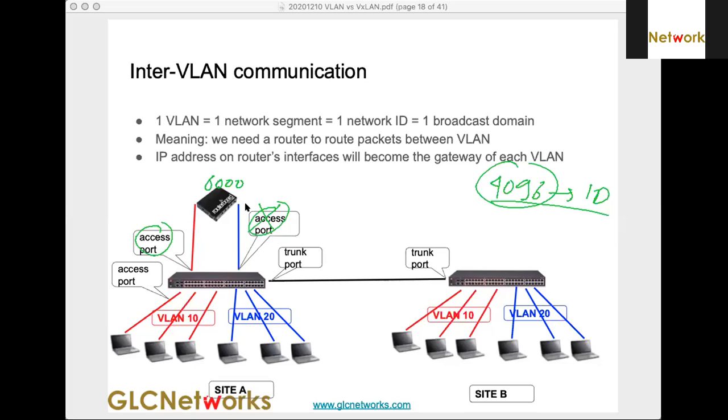You must have a router that has lots of ports to accommodate the VLANs, because one port equals one VLAN. And I don't see a router that has so many ports to accommodate the VLANs.